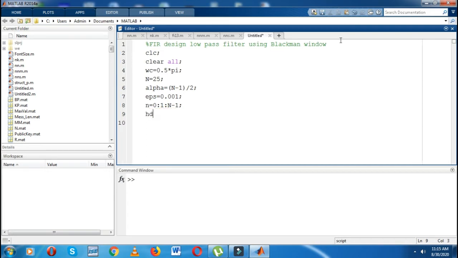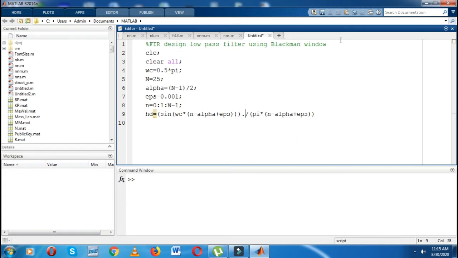Then I have to write the desired frequency response, or basically what is called the desired impulse response, that is HD is equal to, in bracket, sine, again in bracket, omega c into, again in bracket, n minus alpha plus EPS, three-time bracket complete, divided by pi into, again in bracket, n minus alpha plus epsilon, two times bracket complete.